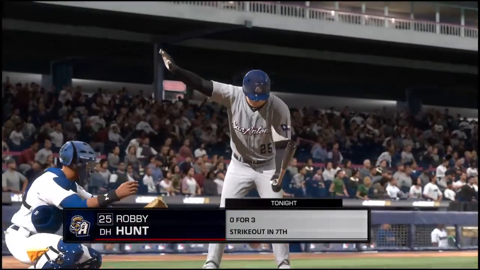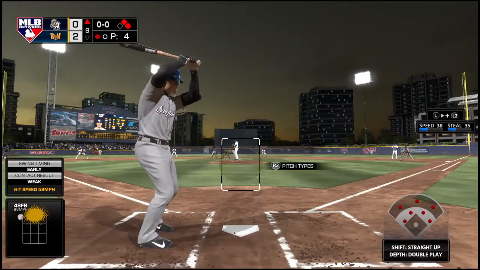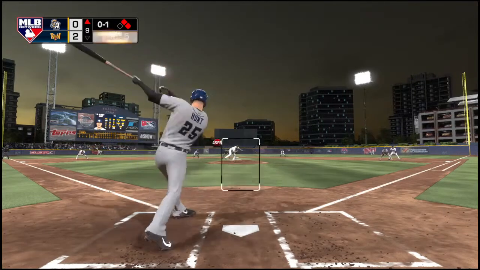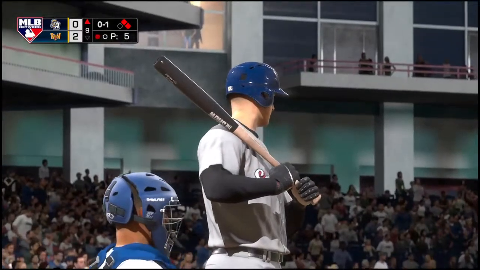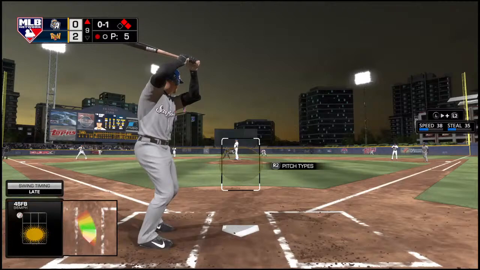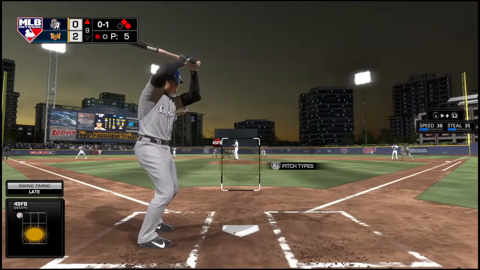Striding forward now is the DH, Robbie Hunt. 0 for 3 with a couple of strikeouts for him to this point in the ballgame. From the stretch, here's the pitch. A swing and a miss on a ball that jammed him. When a guy's featuring big-time velocity like this, you have to be on the fastball. It's your only chance. You'll tip your hat on some nasty off-speed stuff, but you got to be ready for